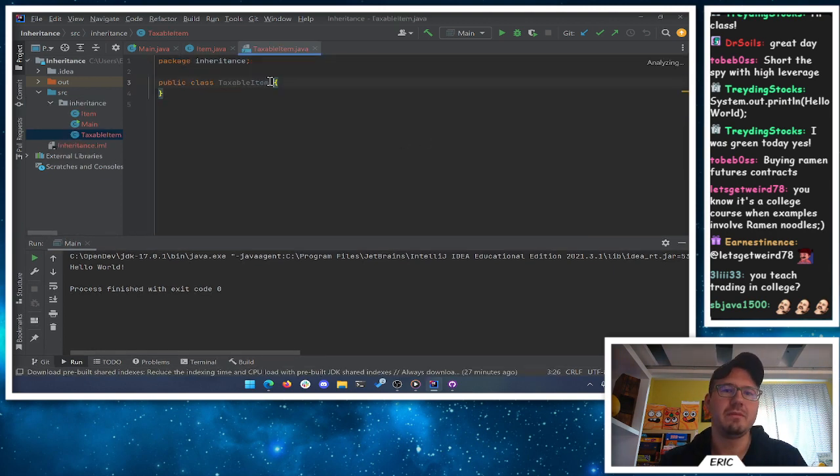So a TaxableItem then, we're going to use this keyword extends. We're going to say we extend Item. So extending creates an is-a relationship. Inheritance is an is-a relationship. So a TaxableItem is an Item, but it's a special version of Item. Now, the relationship, this is-a thing, is a little bit confusing sometimes, but if you remember back to biology class,